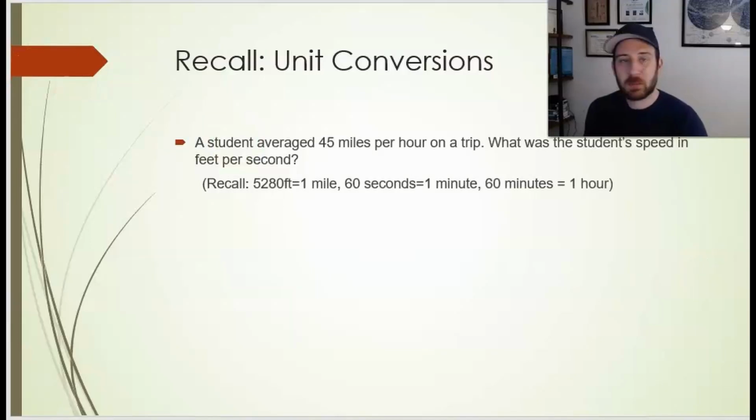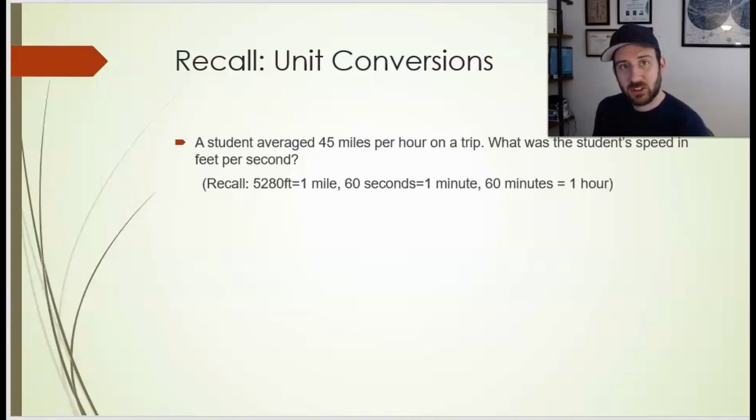Let's start with an example here that recalls how we work with unit conversions. So we have here a student averaged 45 miles per hour on a trip. What was the student's speed in terms of feet per second? Well, the important thing to remember here is that when we are working with units of any kind, units are